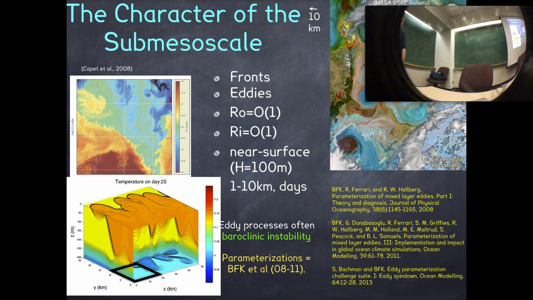Then in the 1970s and 1980s, Peter Stone did the generalization, and he showed that the instabilities, even at large Rossby number, are kind of continuations of the small Rossby number